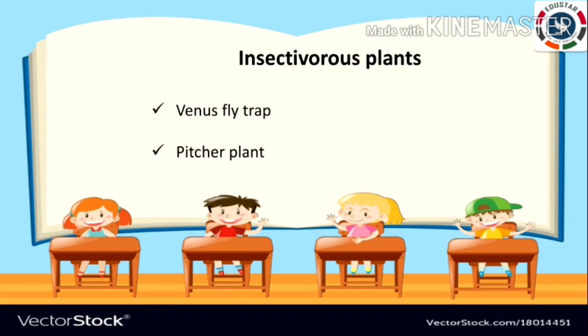Next one, insectivorous plants. Do you remember that there are two types of plants, Venus flytrap and pitcher plant. So what is insectivorous? Some plants grow in soil which is poor in minerals. So they eat insects to get enough nutrients. The leaves of the Venus flytrap are like a trap. They can snap it when an insect sits on them. The hollow leaves of pitcher plant are filled with nectar. When insects come to drink this, the lid closes and they are eaten by the plant.